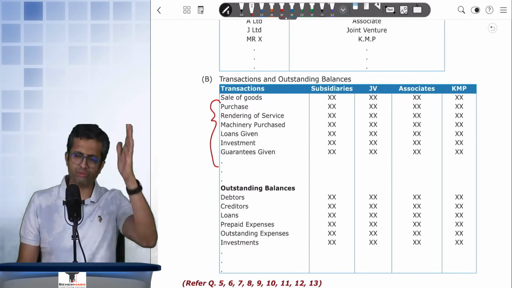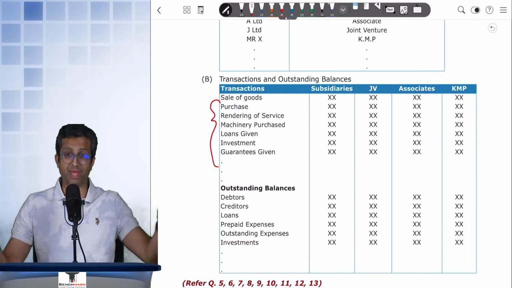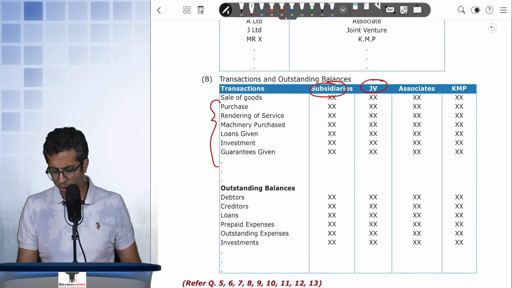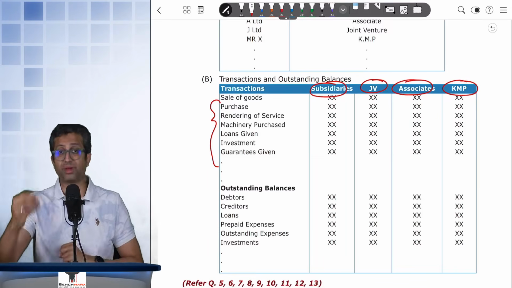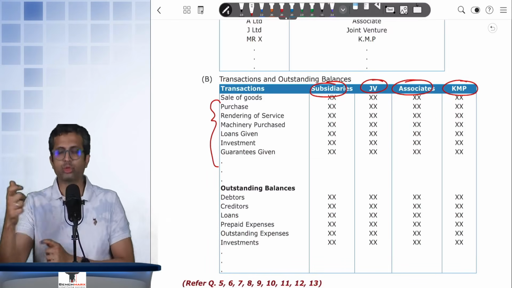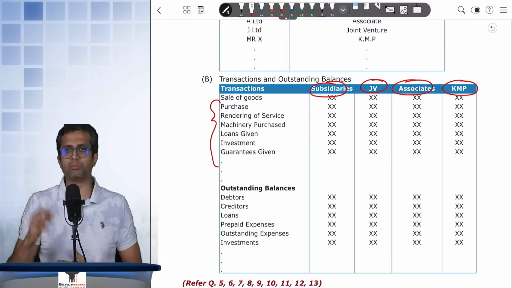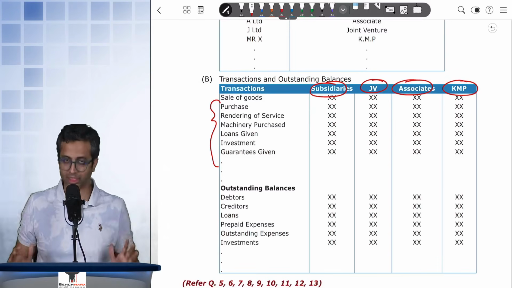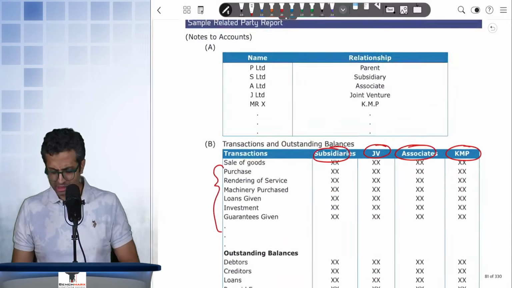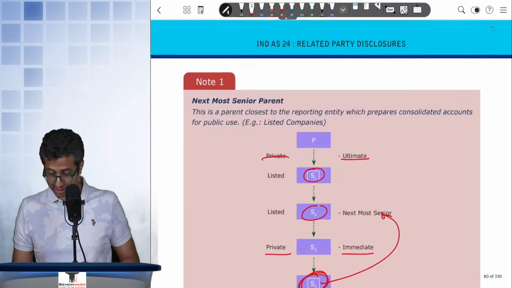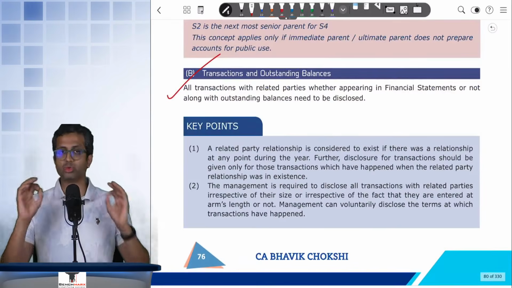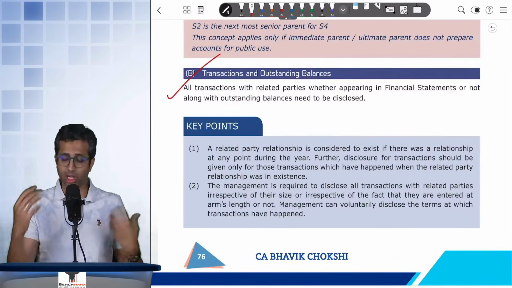This can be shown individually for each company, or if there are many companies, you can group it into all subsidiaries, all joint ventures, all associates, and show the total values. If I still want to show some particular transaction separately because it is material, I am permitted to show that separately considering the materiality. Okay, so this is details regarding name and nature of relationships as well as transactions and outstanding balances. Now, the important points that you need to know for which cases can possibly come is,